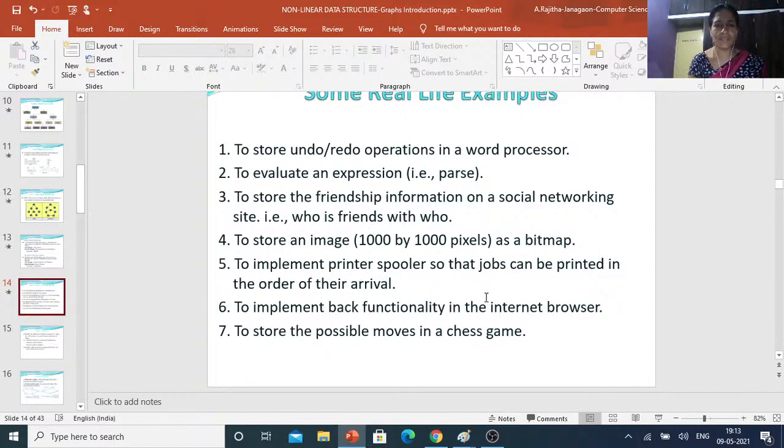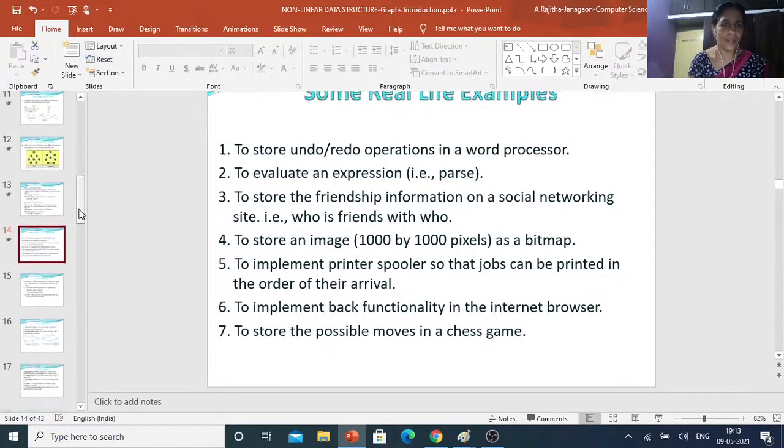To implement the back functionality in an internet browser, a stack is used. To store the possible moves in a chess game, we use a backtracking mechanism, and there we use the graph concept.